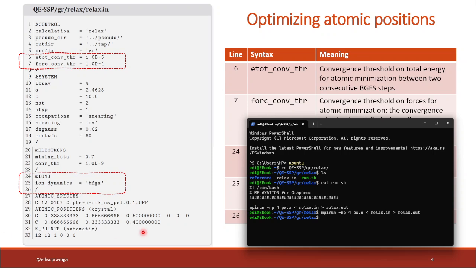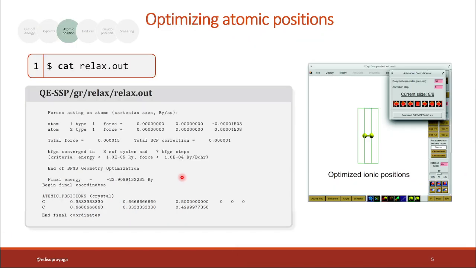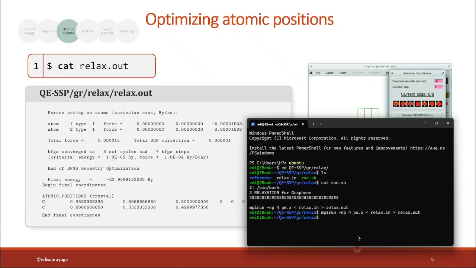Okay, is the calculation finished? Yeah. And then the optimized atomic positions are given in the output file relax.out. You can open the output file in the terminal by typing notepad relax.out.